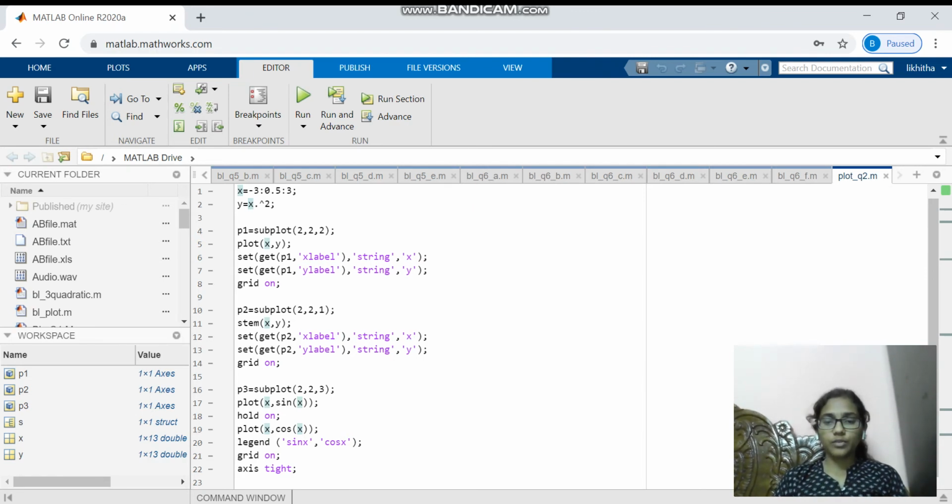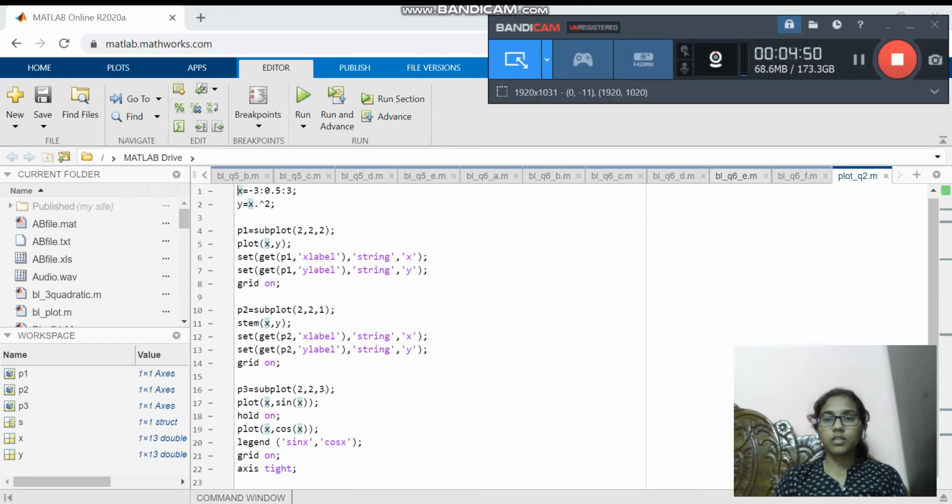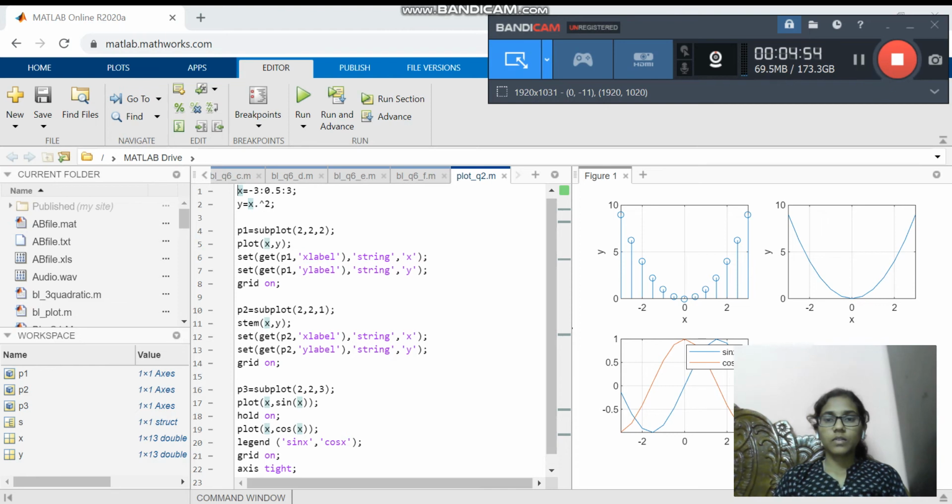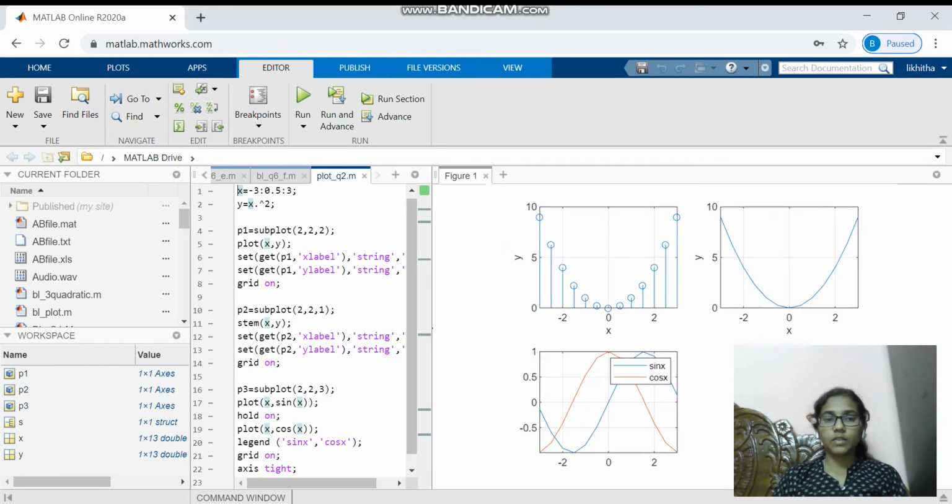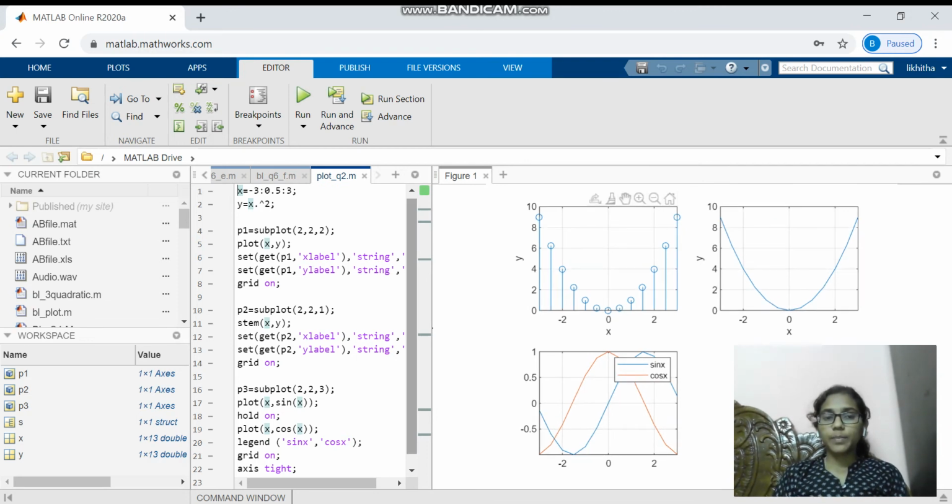And I am going to run this. We are going to get the graphs like this. Here I mentioned 2 for P1. Here the second graph is the first code function, and the second code graph is this.